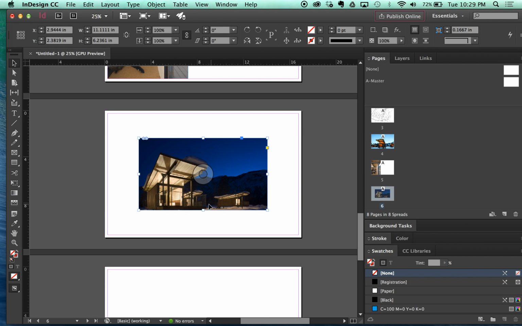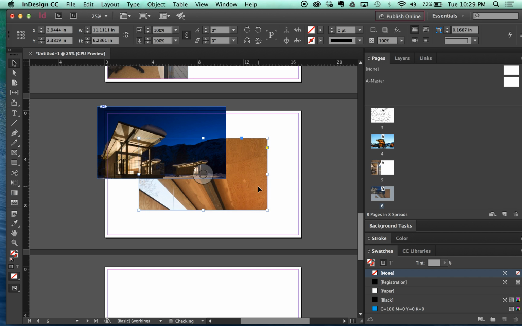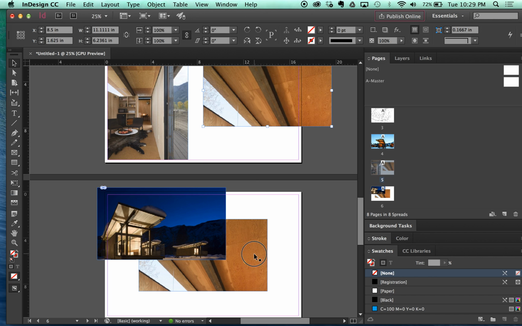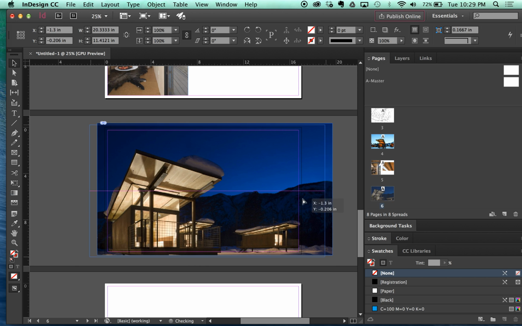And so what I meant by full bleed before is if I can have this actual image here, one behind it, and let's actually use that one up here, and then paste in place. We'll resize that one in a second. What I'd want to do is expand this past our actual